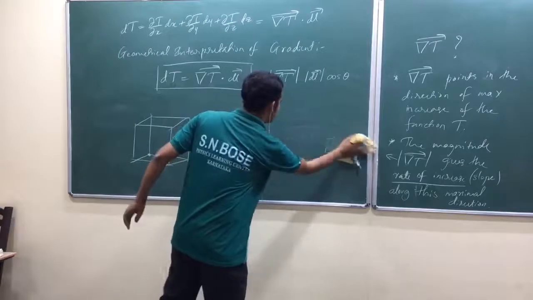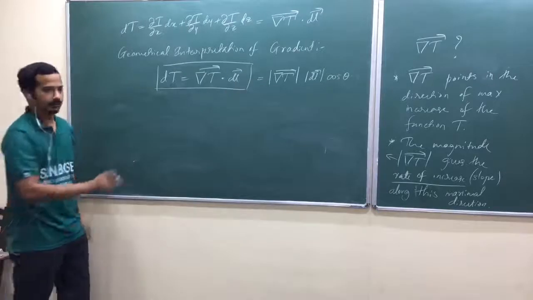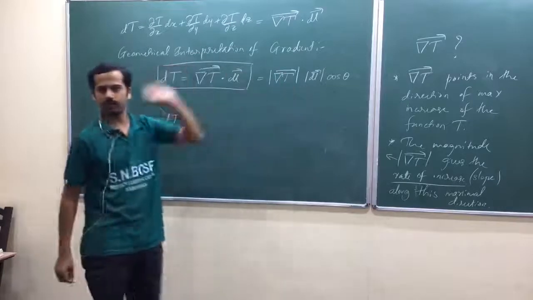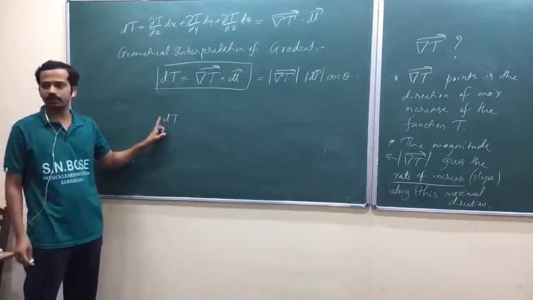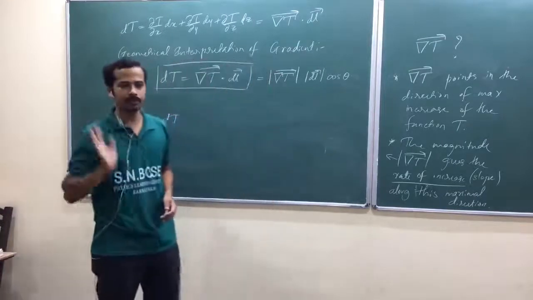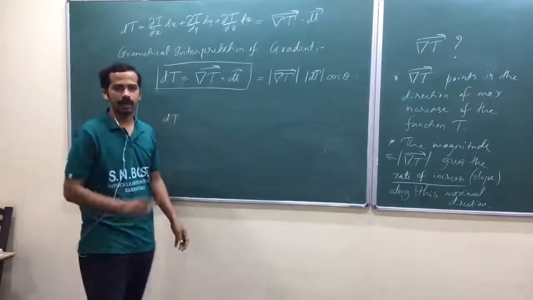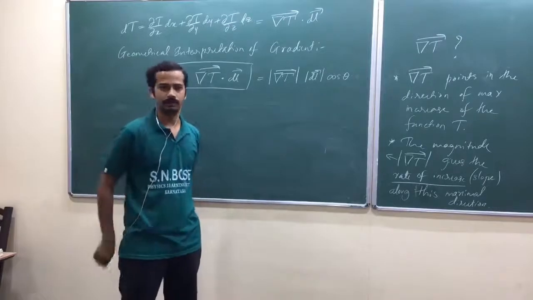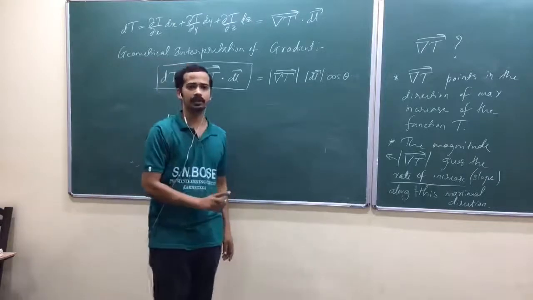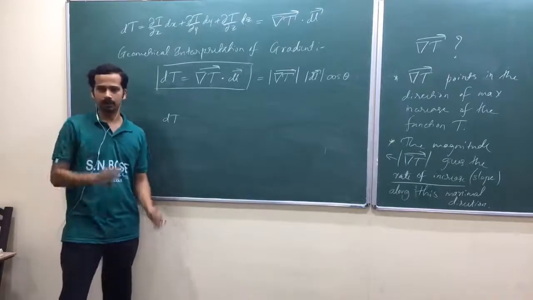Now look at it. Next, what I do here is I am going to keep that cos theta as it is. When I keep that cos theta, if I put theta other than 0 or 180 degrees, then the change in temperature is not maximum, but there will be a change in temperature. When you move in a different direction, obviously you will get a change in temperature. Just take the idea of a fire at one place in space, and you are moving in a different direction. If you move only radially away from the fire, then only is the change in temperature maximum. If you move in another direction, definitely the change in temperature is not as large compared to when you move away from the fire.